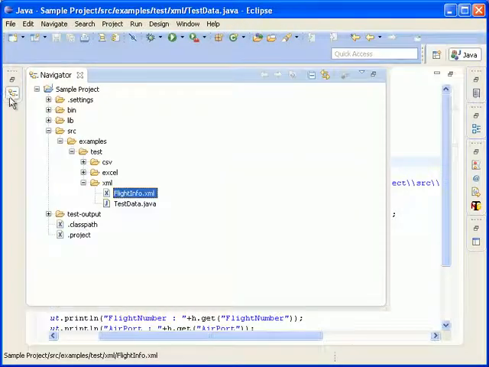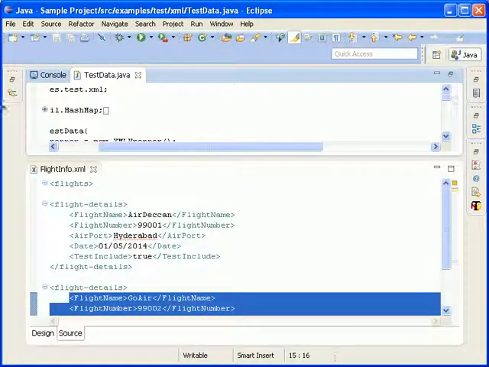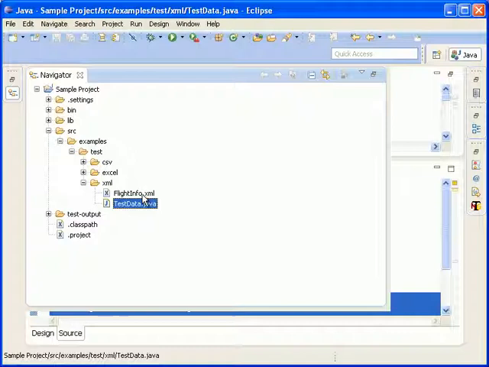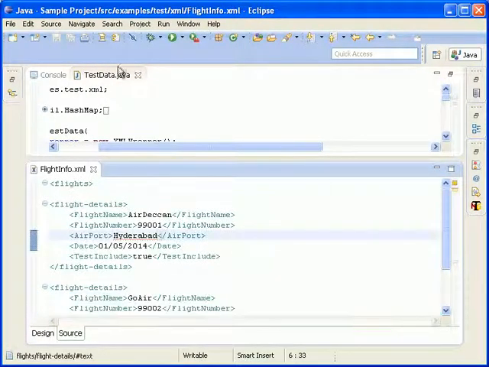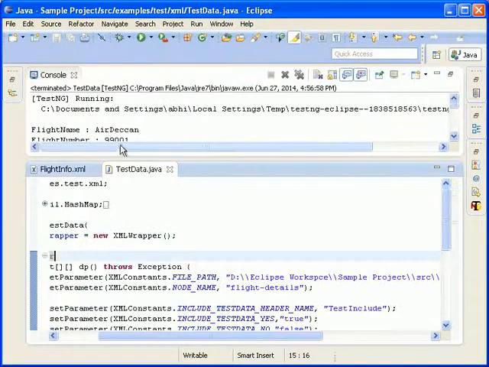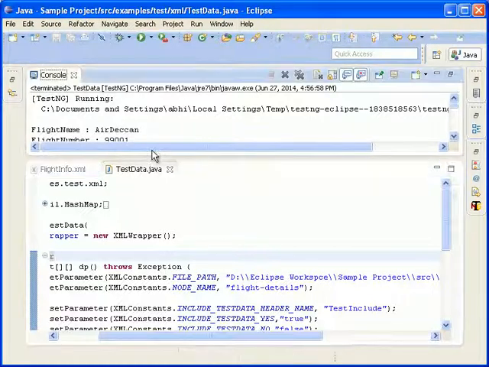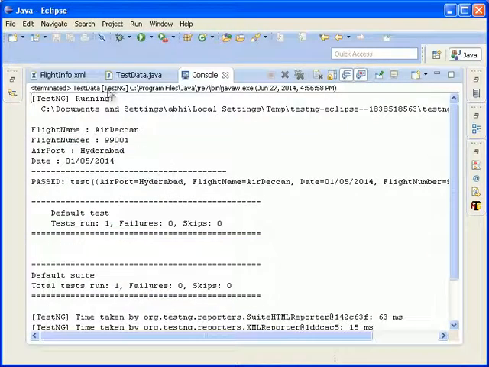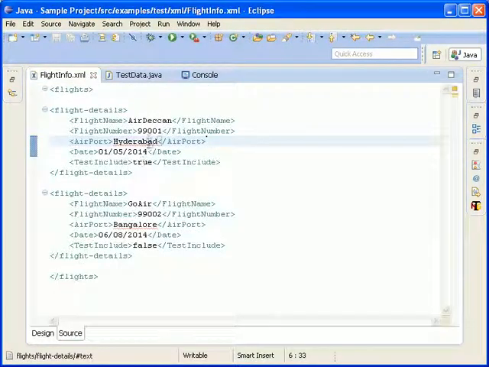So where is the XML file? Yeah, this is the XML file, Air Deccan ending with flight number 01.